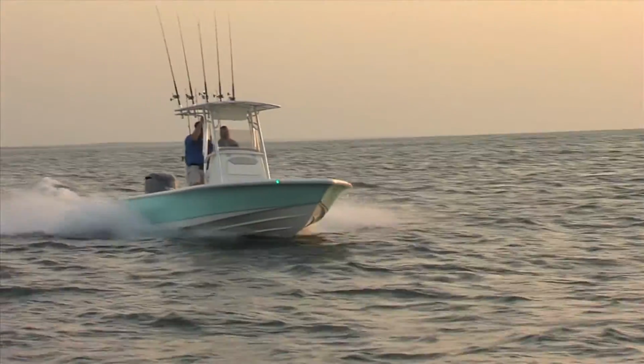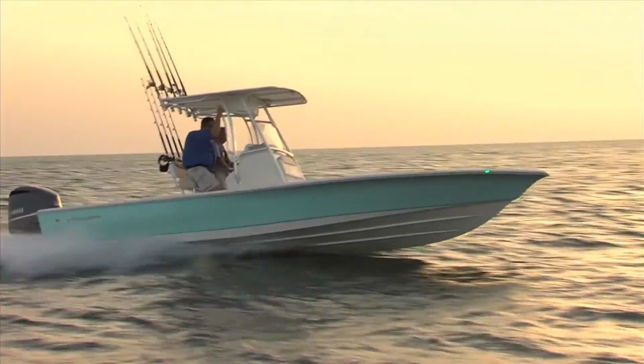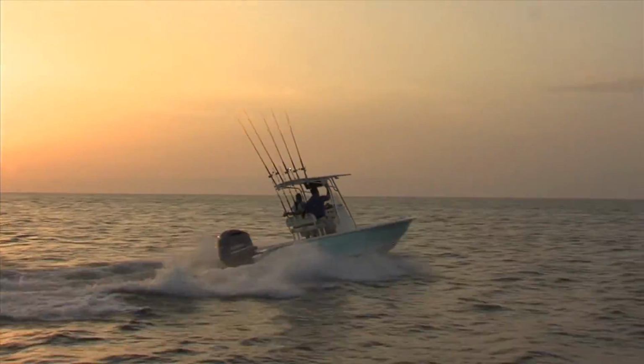I was introduced to the Avenger name through Joby, who is our sales rep down in the Gulf, and he was telling me about this boat company that Mike and Bill Butler had purchased. The reason they had purchased the company was because they wanted the boats, because they were big bay boats that were very popular down here in the Gulf, and they're really a smooth ride for a bay boat, plenty of room, very stable,